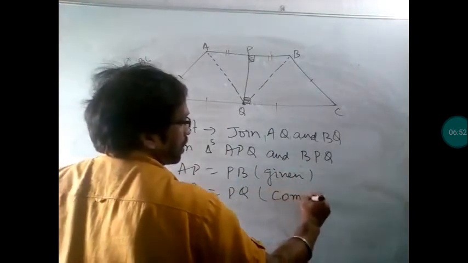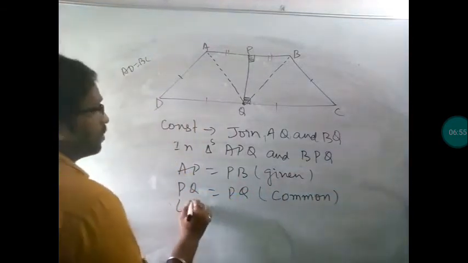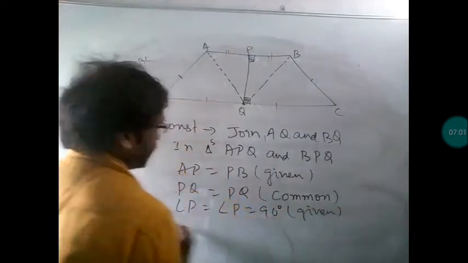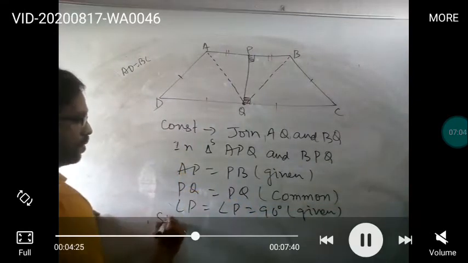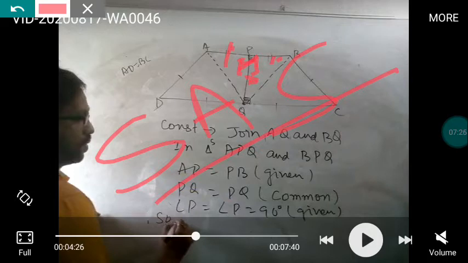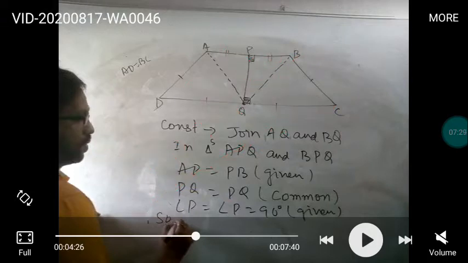What is the relationship there? That is AP is equal to PB. P is the midpoint, that was given, so I can use that. Then PQ is equal to PQ, that is the common part, and angle P is equal to angle P, both equal to 90 degrees here. So using all these things, this is common, this is already given in the question, and these angles are 90 degrees. On that basis I can prove by side angle side. By using this congruency rule, I can prove that AQ is equal to BQ.